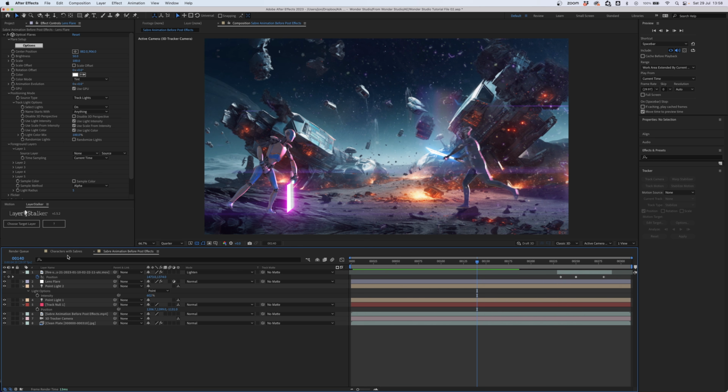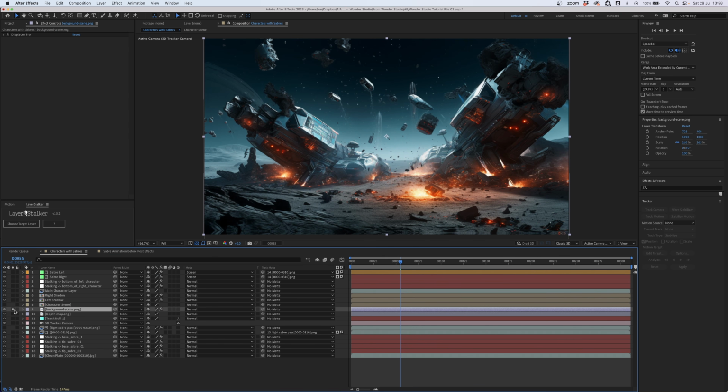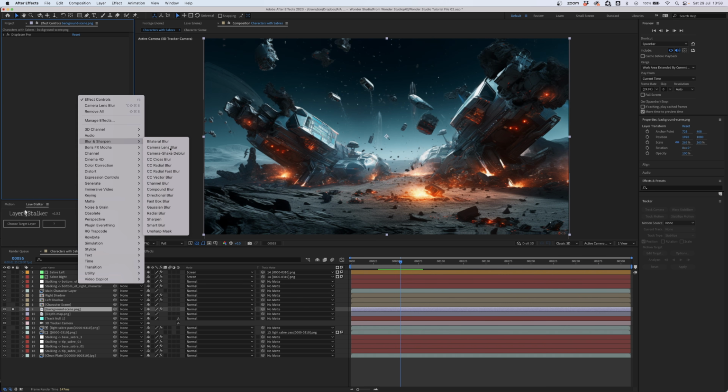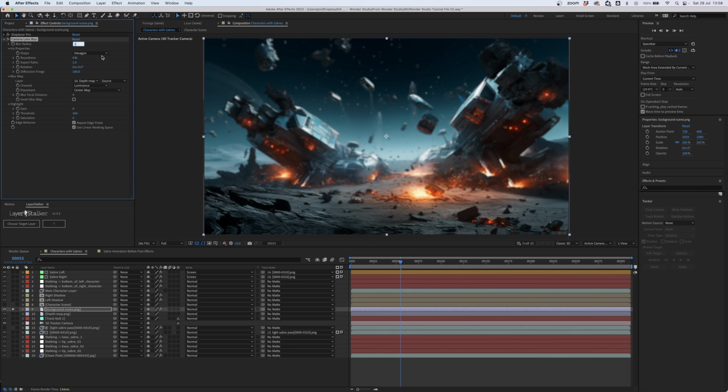Another thing you can do in your scene in here, where we have our background pass, you can add an effect to control the focus of the scene. So we can right click, choose camera lens blur. For blur map, we can choose our depth map. We can up the blur value to 10 or whatever works well for your scene. And then there's a blur focus distance, and it uses that depth pass to shift the depth in the scene. And it can create this nice, slightly more cinematic look and feel. And you could animate that, shifting the focus in the scene.